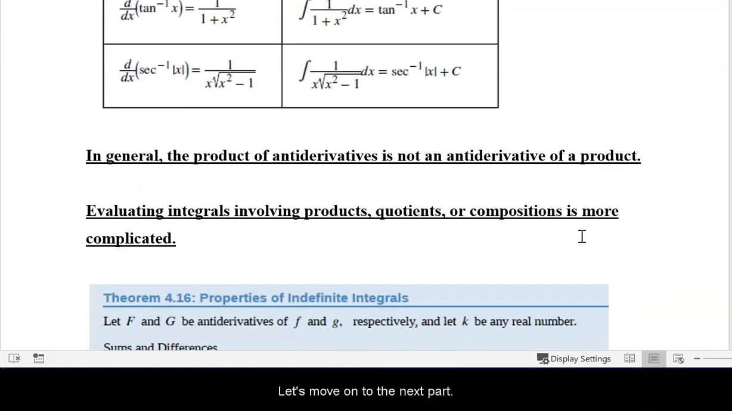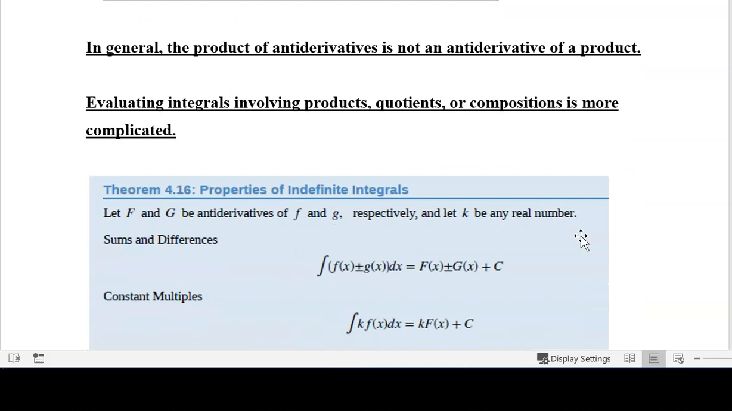Let's move on to the next part. In general, you need to remember that the product of antiderivatives will not be the antiderivative of a product. That's just a consequence of the product rule. Remember that the derivative of a product, f times g, is f prime g plus g prime f. In other words, the derivative of a product is not the product of derivatives,